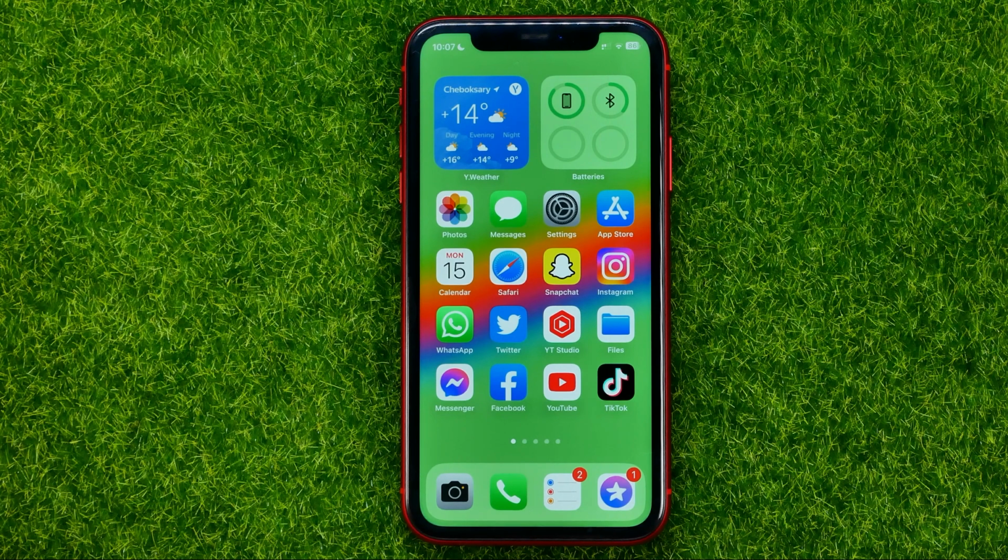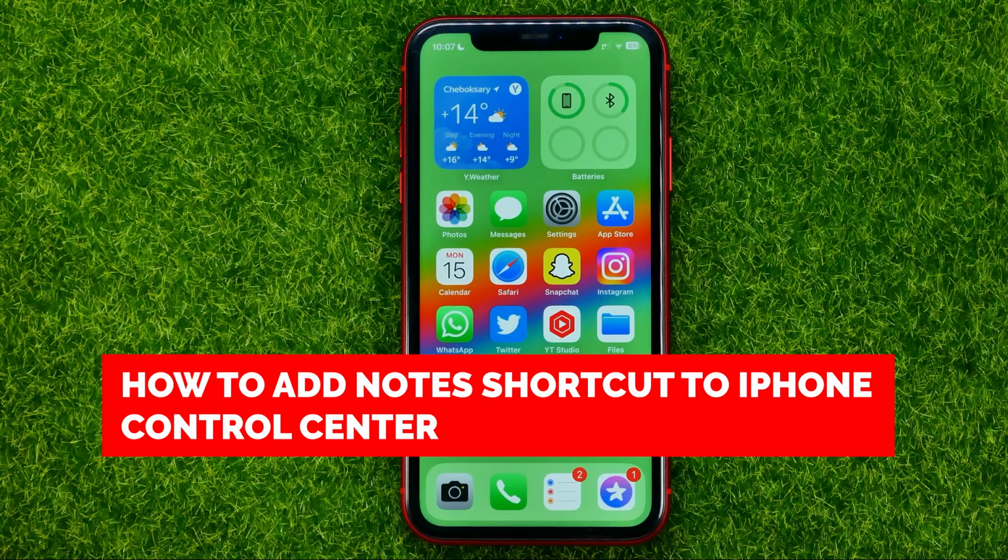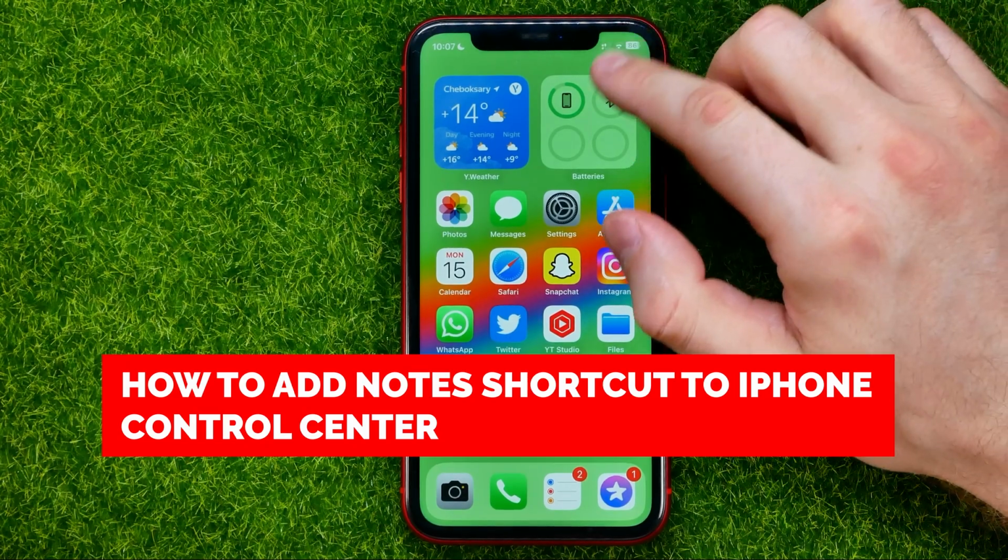In this video, I'm going to show you how you can easily add Notes shortcut to your iPhone control center